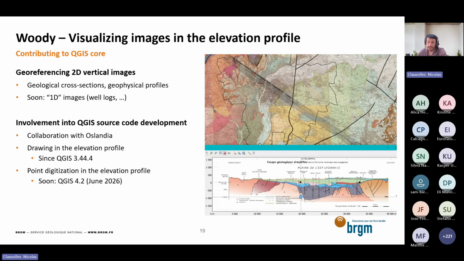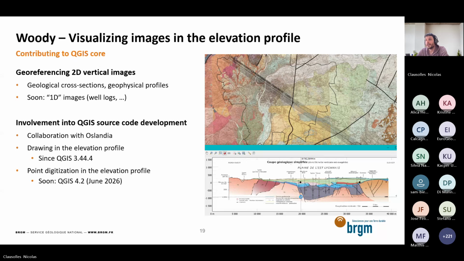Because quite a lot of 3D actually in QGIS is about, for example, LiDAR acquisition of point sets. And that's where our BRGM development team about 3D started to get involved into the development of the QGIS source code. We've been doing that for 1 year now,